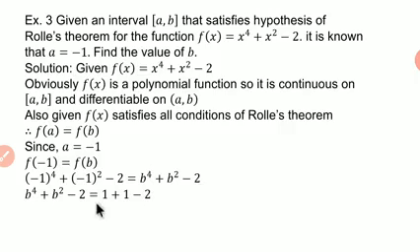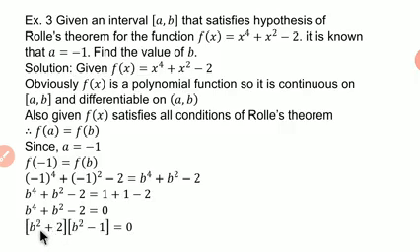That is 1, here I write the unknown terms in LHS, b raised to 4 plus b square minus 2 plus 1 minus 2. That is b raised to 4 plus b square minus 2 is equal to 0. Now factorize this. Find two such numbers having product is 1 into minus 2, means product is minus 2 and sum is plus 1, means minus 2 can be written as plus 2 into minus 1. So here we get it is b square plus 2 multiplied by b square minus 1 is equal to 0.